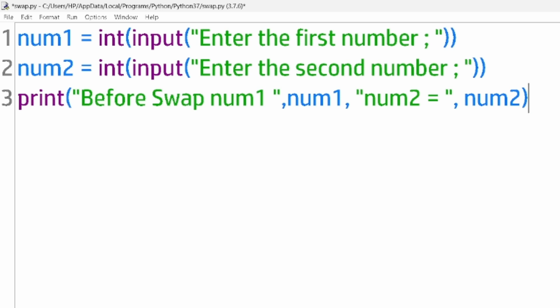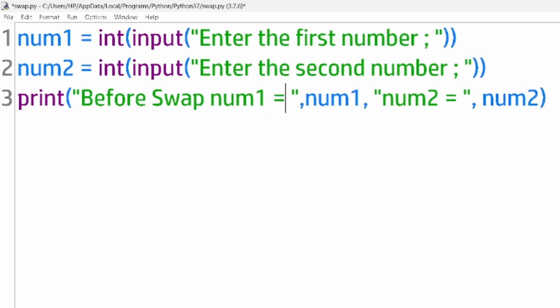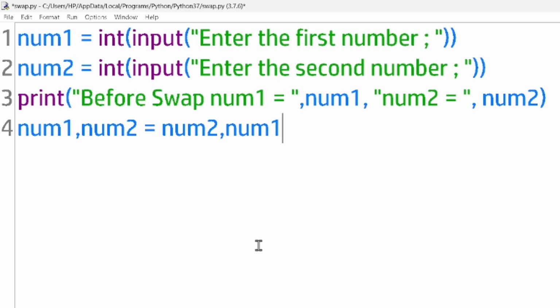Now here you have to declare the swapping algorithm. For that you have to write num1, num2 = num2, num1. I will explain how it will work. So here the value of num1 goes to num2 and the value of num2